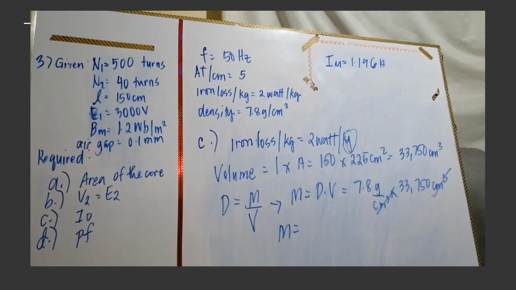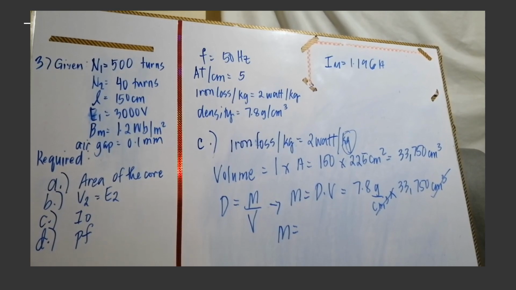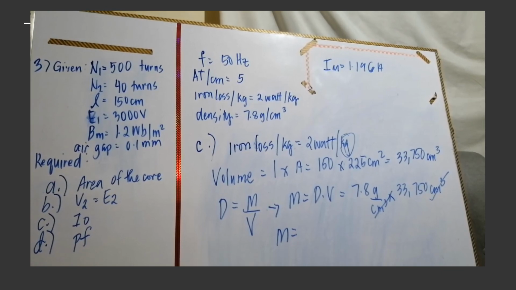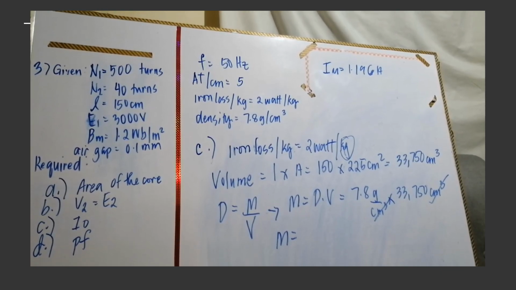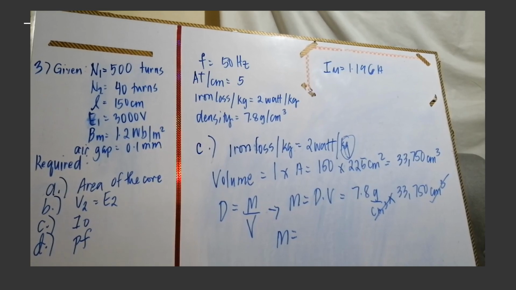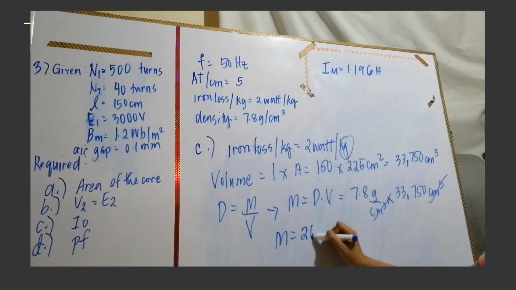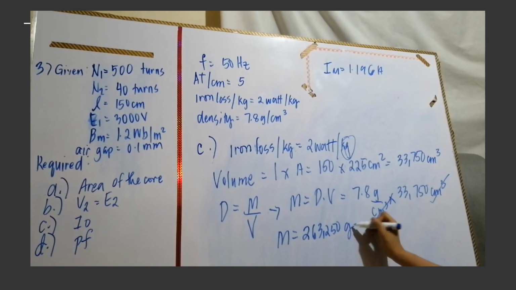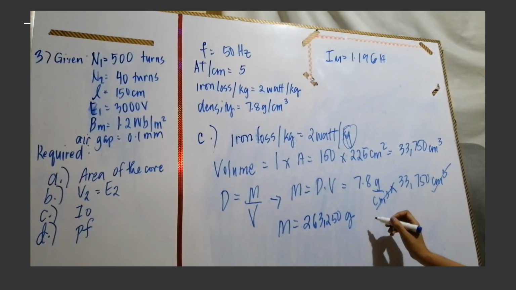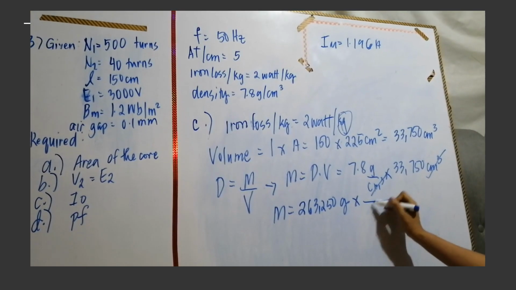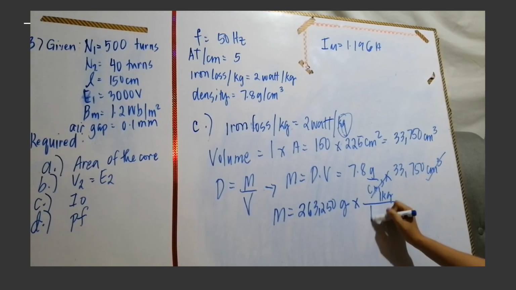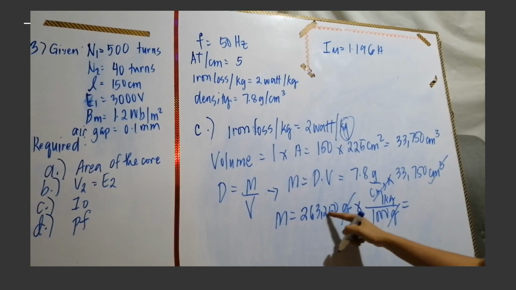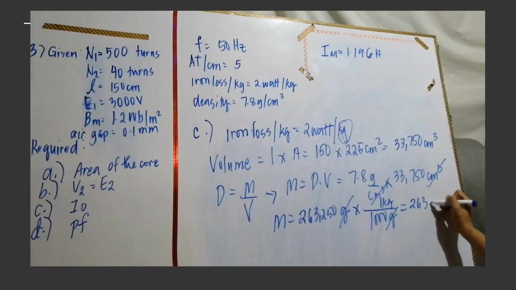so let me get the calculator. So 7.8 times 33,750. So this is 263,250 grams. So we want to get the kilogram. So times, in 1 kilogram there are 1,000 grams. So this will cancel out. So we have 263.250